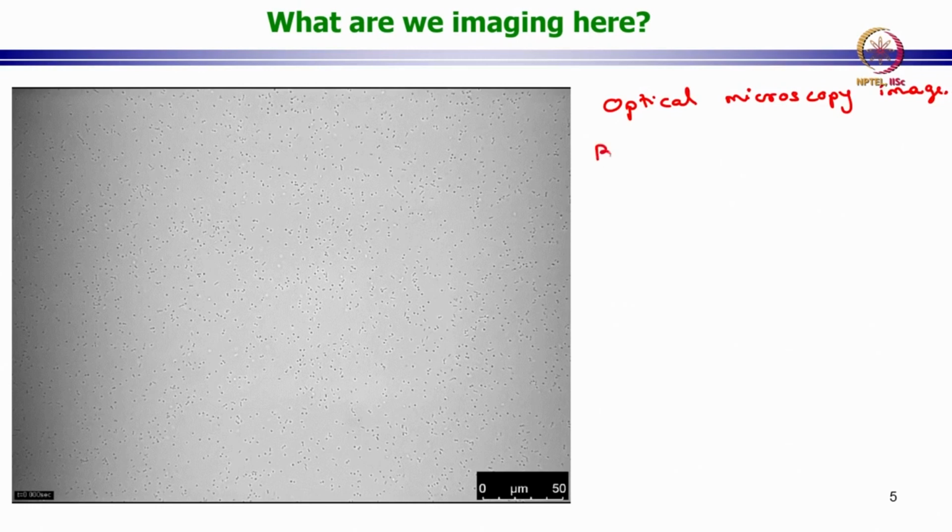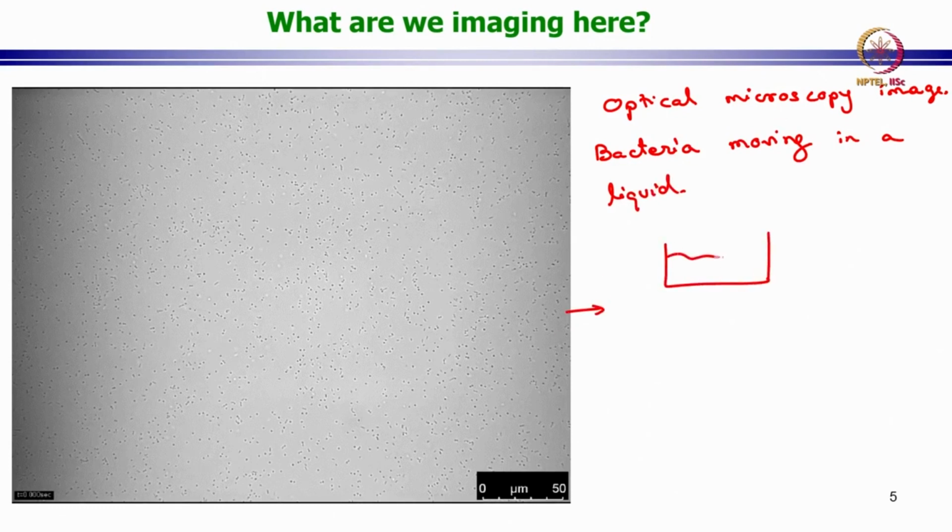These are bacteria moving in a colorless liquid. You are looking from the bottom, so your lens is at the bottom, and we are seeing a lot of these bacteria attached to this. These are visible as these black dots, and this is done through an imaging process called